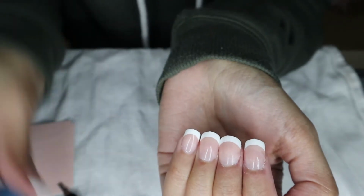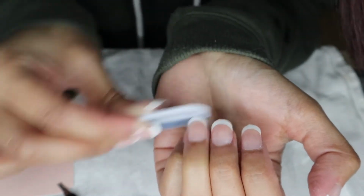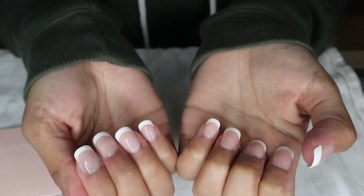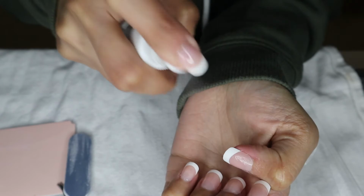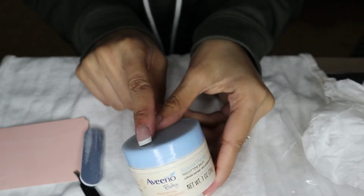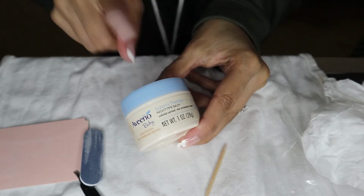So now what I'm gonna do is take the file and just get rid of that little portion where the tab was. Okay, so now that this is done, I'm going to squirt a little bit more alcohol and wipe. The last thing I'm going to do is take this Aveeno Baby Eczema Therapy Balm,